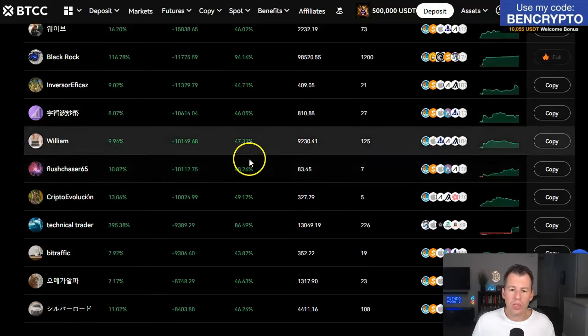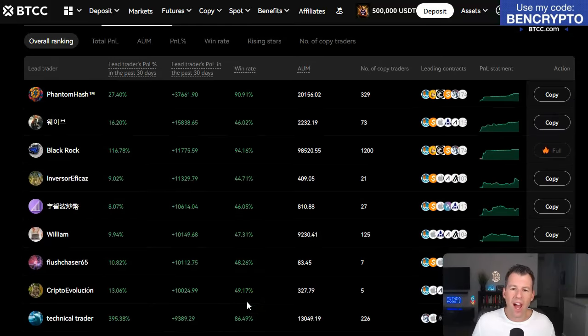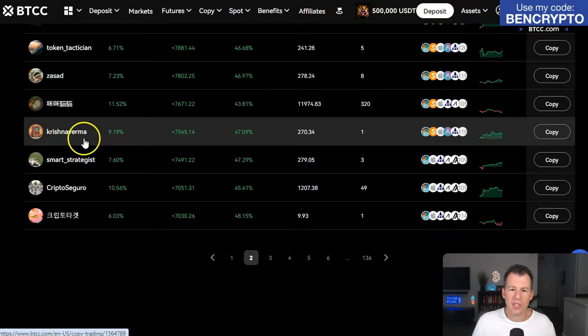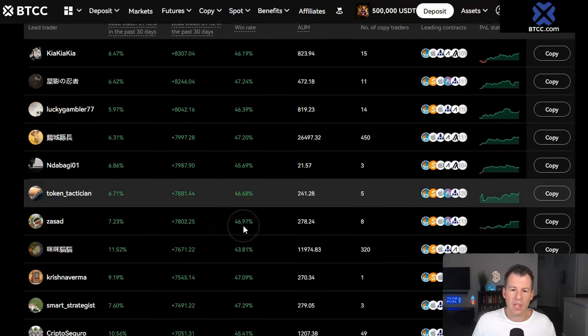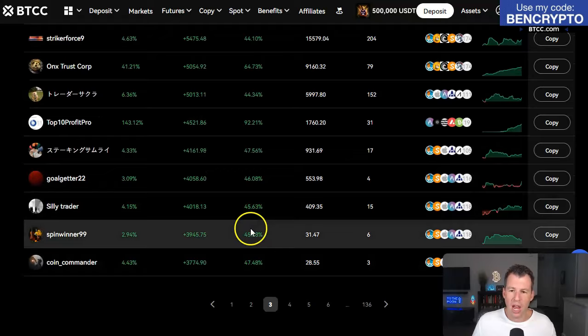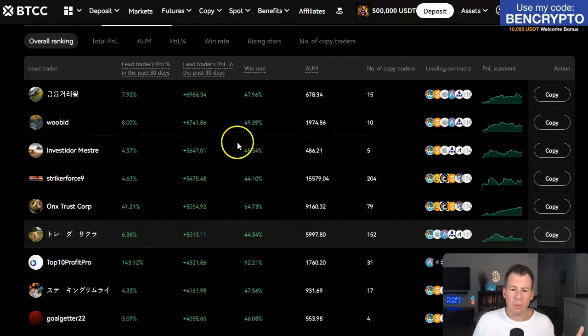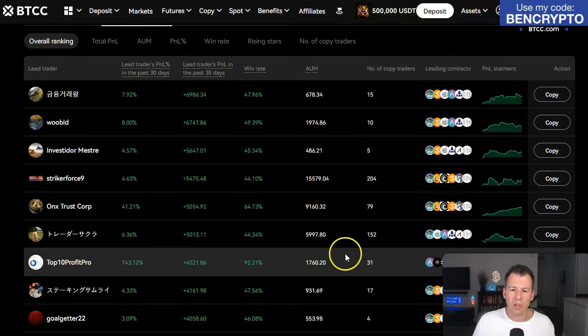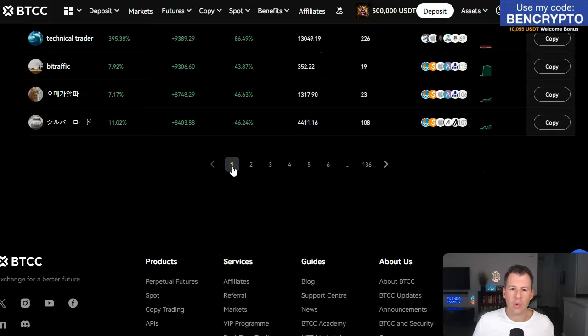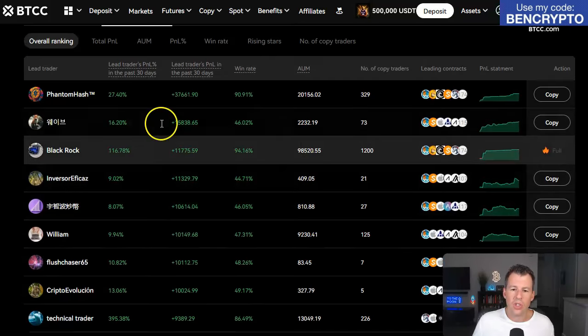So you can see most of the win rates are between like 45 and 50%, a few outliers. And then if we go to page 2, it's much of the same thing, 45 to 50%, pretty much everyone. If we go to page 3, much of the same thing. Somebody's 92%, but he's only trading $1,700. So I'm going to go back to page 1, and then clearly we're going to look at these two